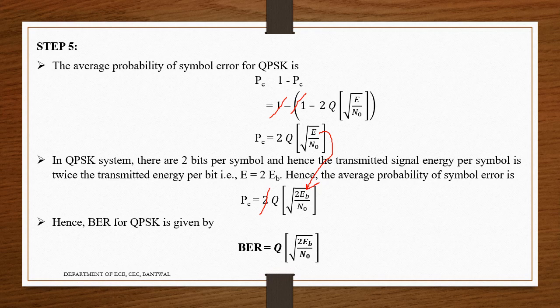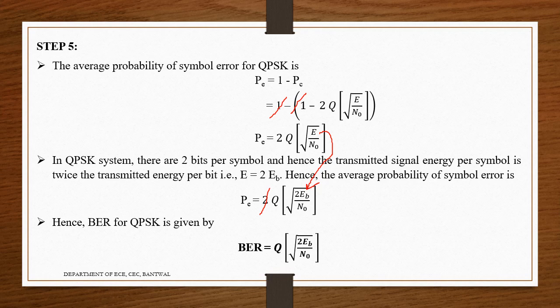By that formula, I differentiated into the in-phase and the quadrature phase components. Using those symbols, I drew the table for i equals 1, 2, 3, 4, and we drew the signal space diagram. We start in the clockwise direction: Z1 in the fourth quadrant, then the third quadrant Z2, the second quadrant Z3, and the first quadrant Z4. The message bits start from 1 0, 0 0, 0 1, and 1 1.